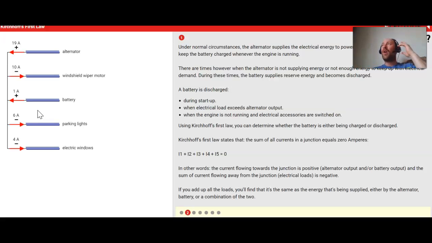If you are in your car and the car is shut off and you're listening to the radio and you're playing with the windows, or if you leave a light on in your car overnight, the battery will die because the alternator is not running. It's not producing any electricity to charge the battery. Eventually the battery will die. I'm sure most of you have had this experience. You go to start the car and it won't start. The battery's dead. You have to jump the battery. So in this case, the battery is actually discharging because the arrow is going to the left. It's going away from the battery. It's not charging the battery.